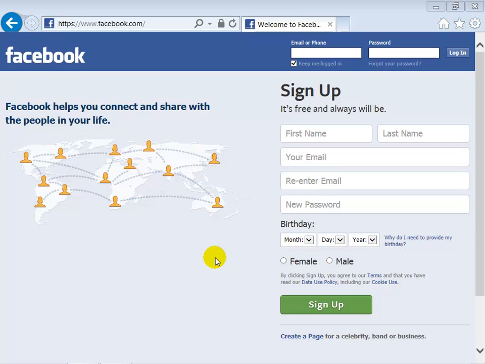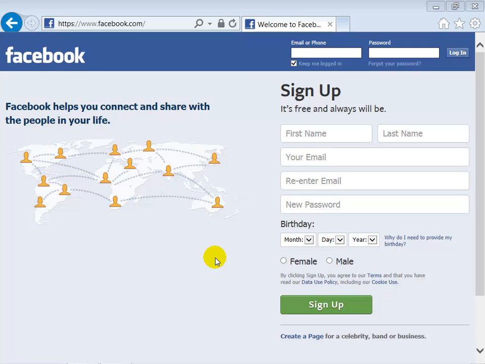Now what you have to do is sign up for a new Facebook account. Everybody that uses Facebook has to sign up for an account, which gives you the ability to then share information with your friends, family, and acquaintances that also use Facebook. The way that you sign up for an account is by filling out the form that is automatically shown to you when you go to the Facebook website utilizing the website address of